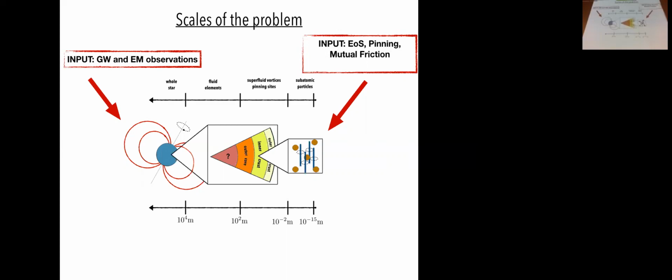It's already a fluid on the right? Well, here you still have a crystal, right? So the protons and electrons form clusters, so a neutron fluid embedded in a crystal of other stuff. Here you don't have the neutron fluid. Here they drip out of the nucleus, so you have this crystal and free neutrons, and then here you don't have the crystal anymore. Homogeneous? Like that. Okay, now it's a homogeneous fluid. Yeah, and then at this point you go to higher densities, and you might have other species.